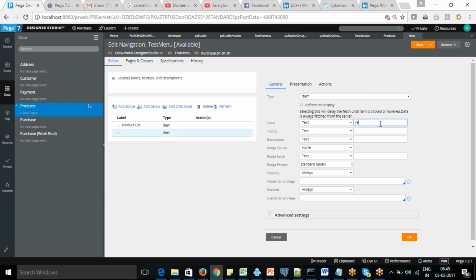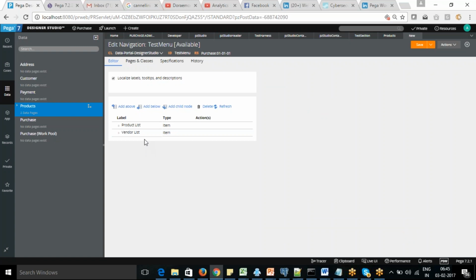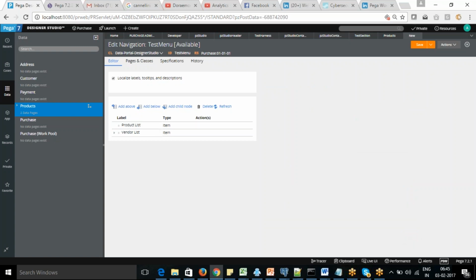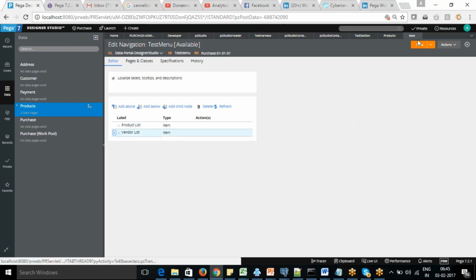In the vendor list, I can add it like in the menu option. I can add in the child option also. So it is in the vendor, and within the vendor I want to see that category. So this is the menu rule, just a basic menu rule.